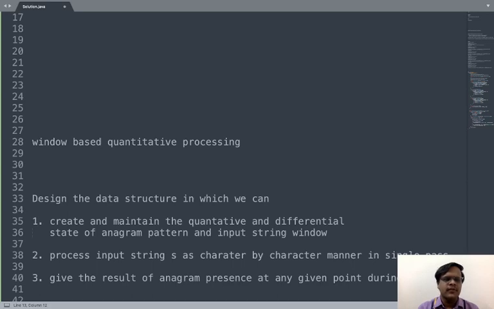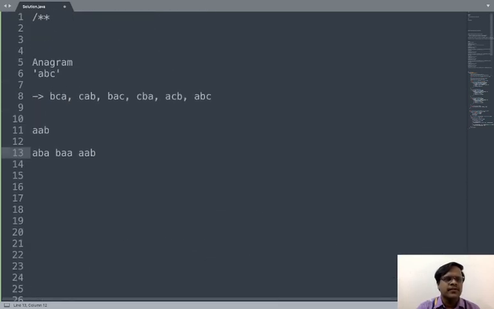We process the input string in a window equal to the length of the anagram, which is 3 in this case. In that window, we check if the number and type of characters match those of the anagram string.